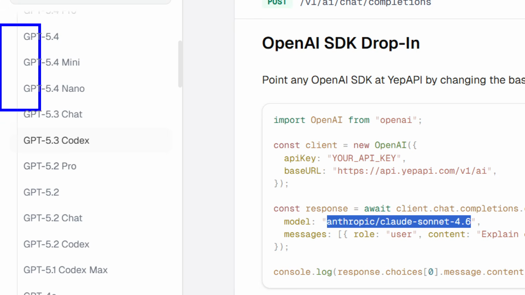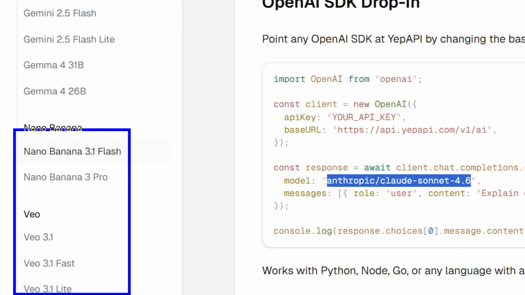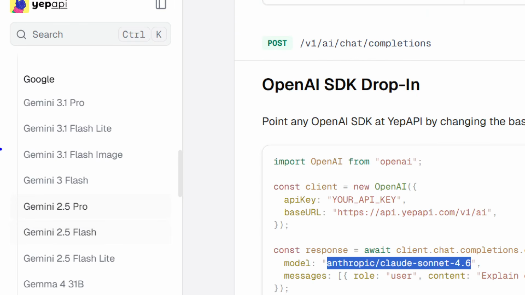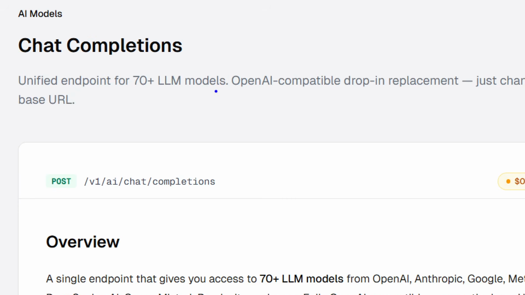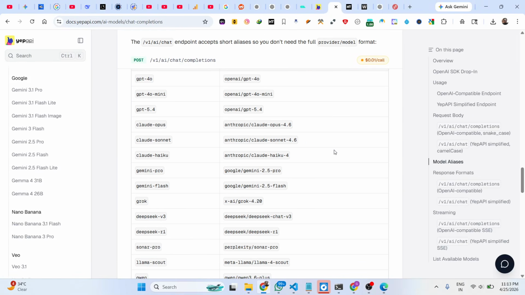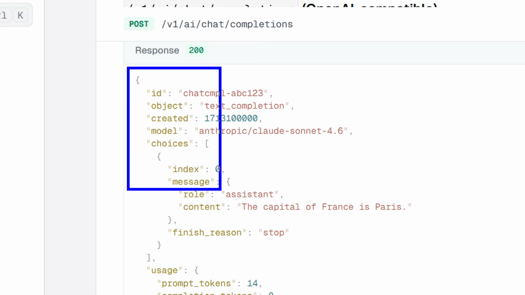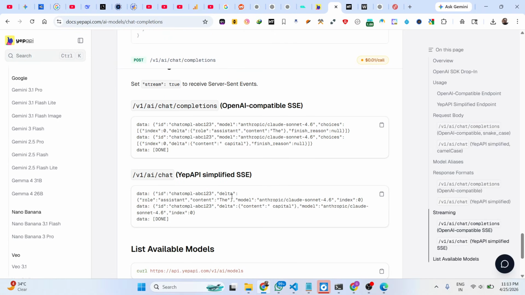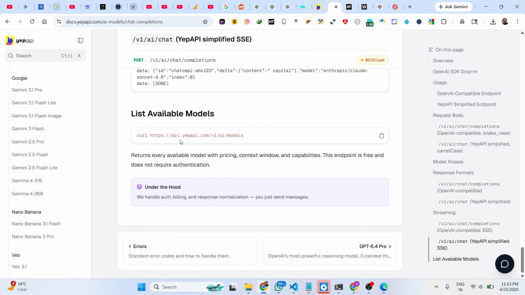As you see, it has all the models right here: GPT, Claude, Gemini, everything for image generation, video generation, coding generation as well. But definitely try this. It gives you $5 in the sign up bonus as well. As you can see, I've tried this but not able to call this. But you can read more inside the documentation. Right here, it lists out all the models which are